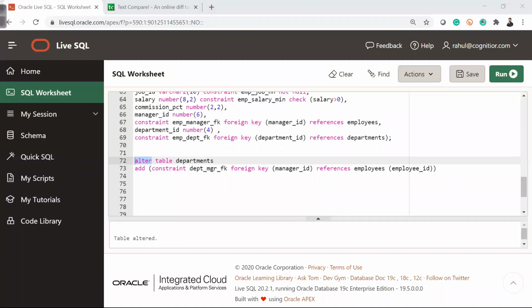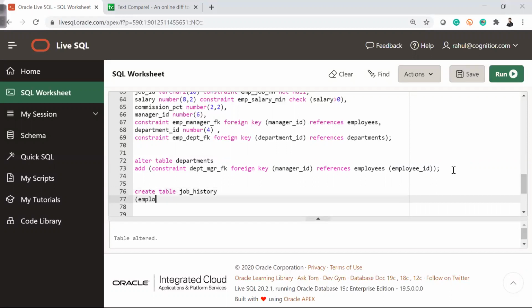Now let's create one more table. I think that is the last table which we have to create, which is nothing but the job history. Right? I want to create the job history table. Create table, and then we'll try to create a model diagram and understand how the data model looks.